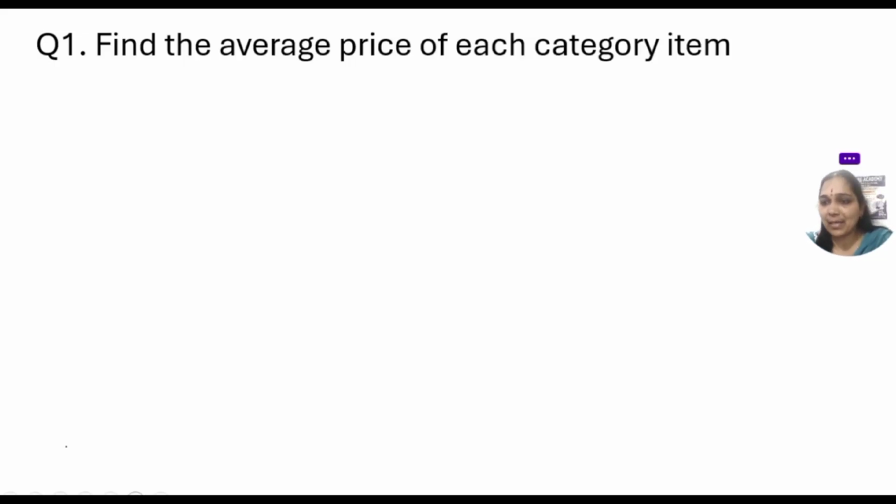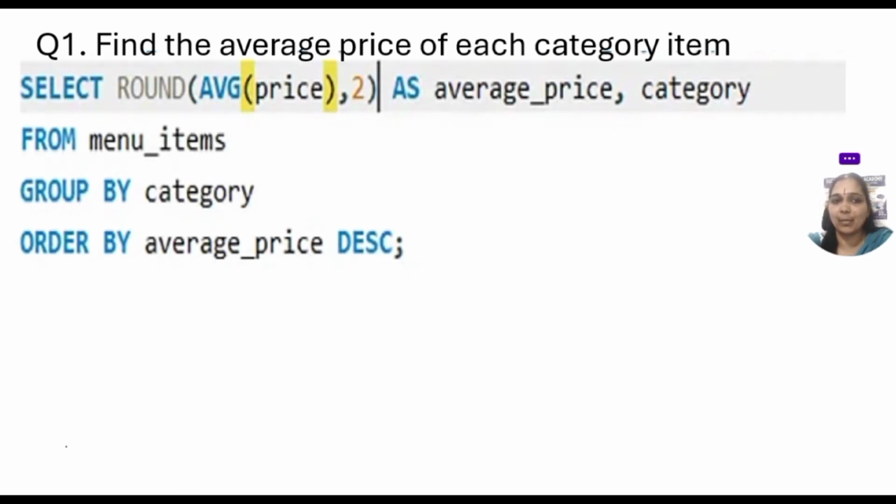The first query I am explaining is: find the average price of each category item of the database. The query will be select round average of price, comma 2, as average price, and the category of the menu items. Regarding the category, we need to write the query, so group by category and order the average price by using descending order.